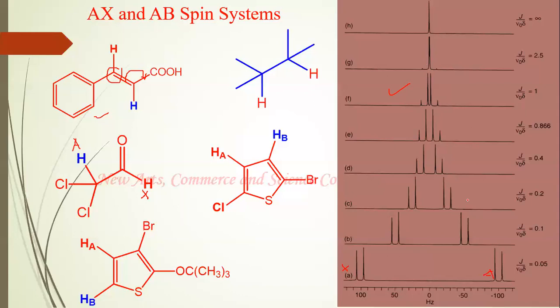So what happens is, as the difference in the chemical shift values decreases, the two doublets get distorted. Inner line intensity is increasing for the doublets and outer line intensity is decreasing. Now at one stage the signal looks like a quartet, but actually this is not a quartet. Got this? This is not a quartet. These are two doublets, or distorted doublets. Look at this. These two shapes look like a quartet. So such a pair of doublets is called an AB quartet.